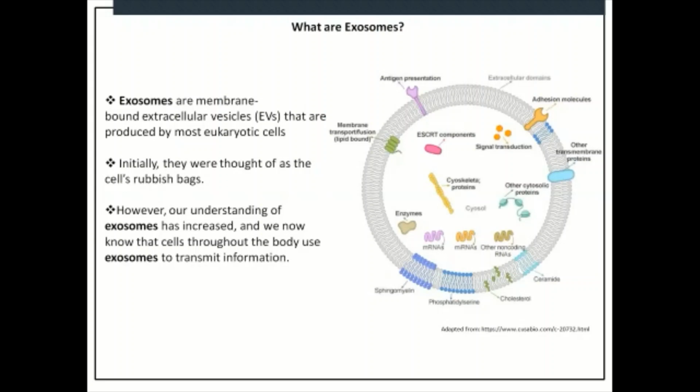So, I would first like to start with a brief introduction on exosomes. So, what are exosomes basically? Exosomes are small membrane-bound vesicles that are produced by almost all eukaryotic cells. Initially, when they were discovered in the 1940s, they were thought to be a cellular rubbish bag, which the cell uses to excrete all the waste material from the cell. But thereafter, various scientists discovered that these exosomes have immensely important functions in cellular transport as well as communication.